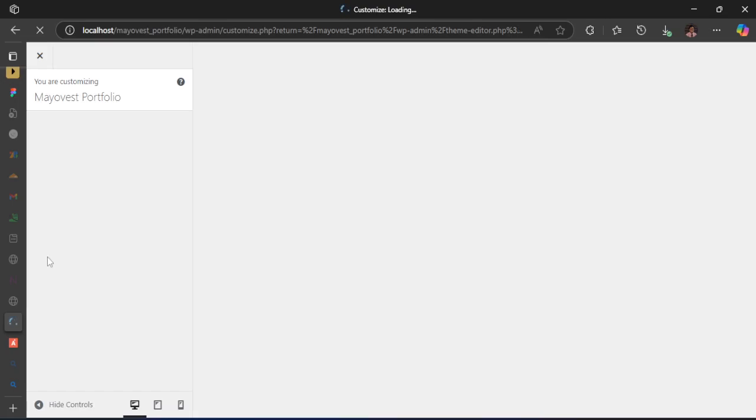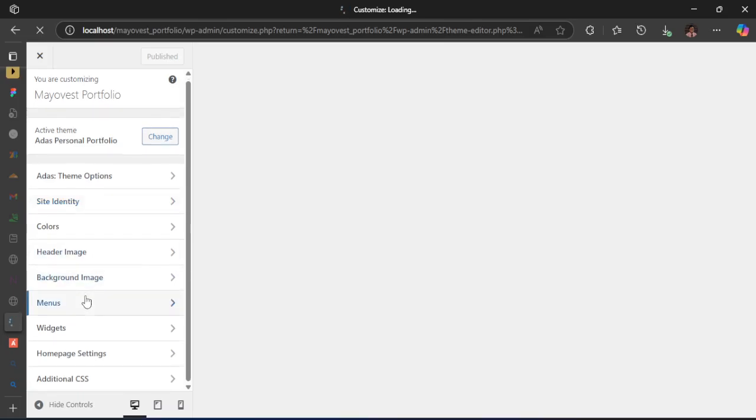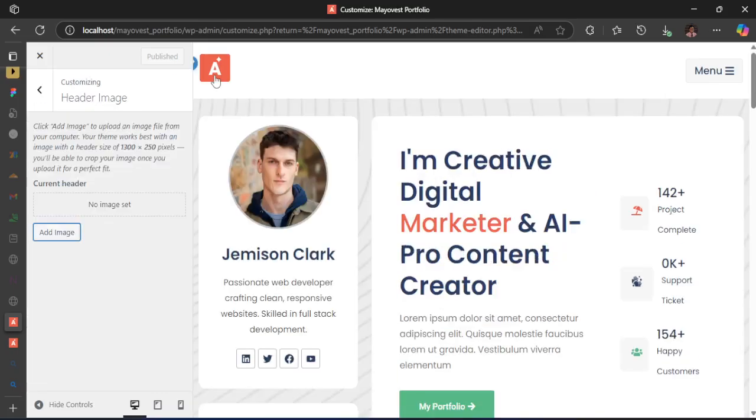There's some stuff that I need to show here, but it's still loading. And as you can see now, it's come with all the settings. The settings you're going to be seeing here depend on the theme that you are using. So this is where we can customize the colors of our site. This is the site identity, where you can change